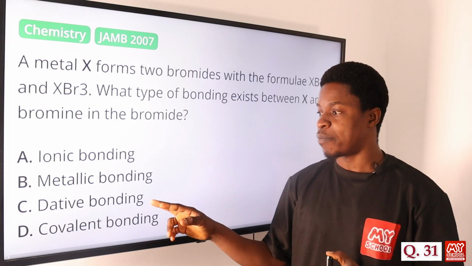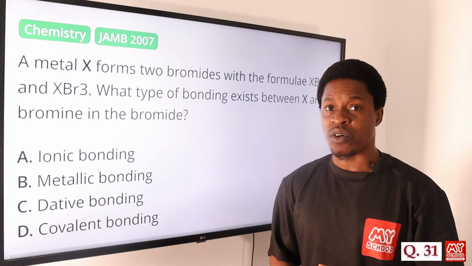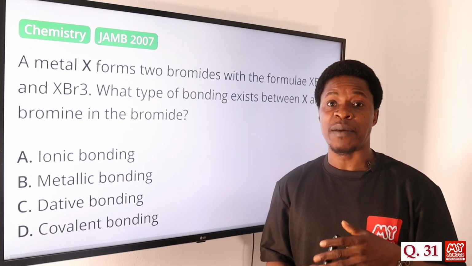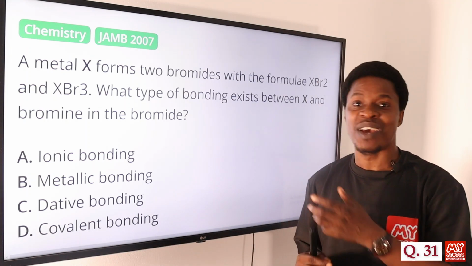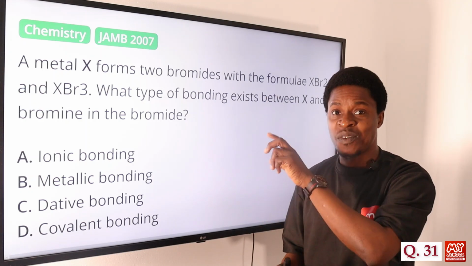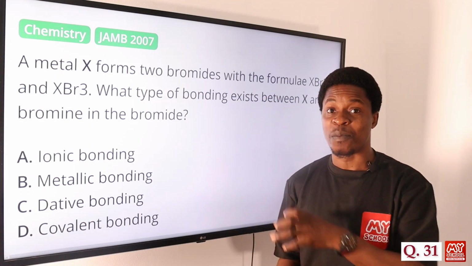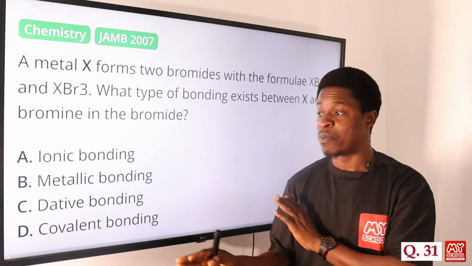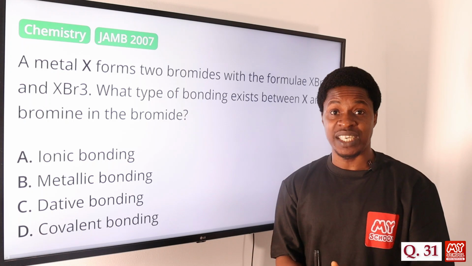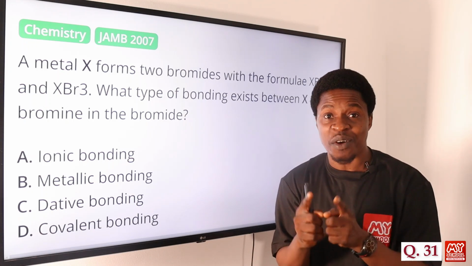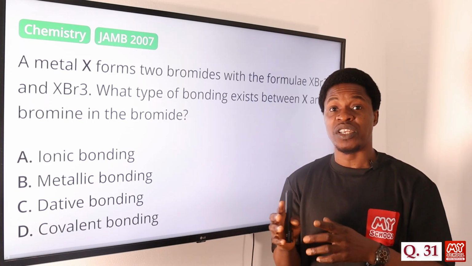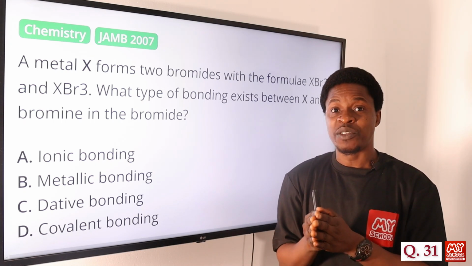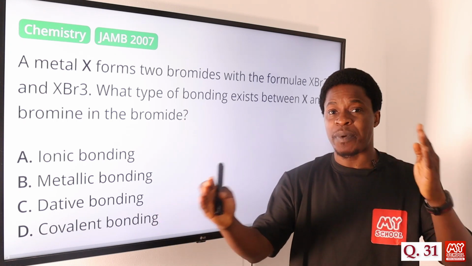Option C says dative bonding. Dative bonding is another name we call coordinate covalent bonding. We have dealt with this so much in one of our video lessons on bonding in chemistry. So please, you can subscribe for that. Because of time, we might not go much into it. But one thing you should know about dative bonding is that it involves sharing of electrons between molecules. Sharing of electrons, but the electron that is being shared is donated by one of the participating